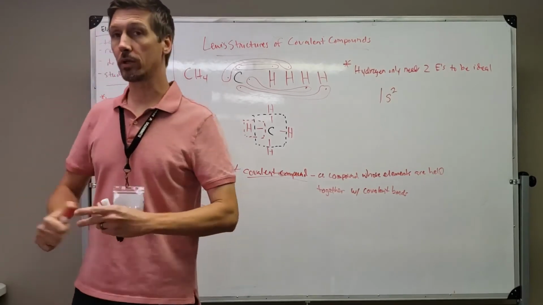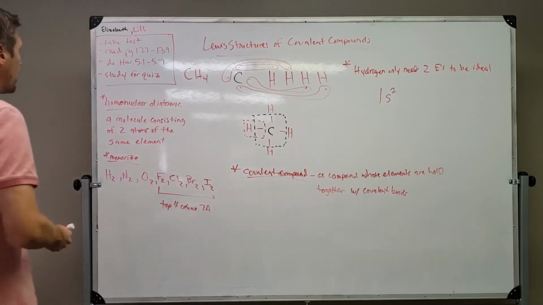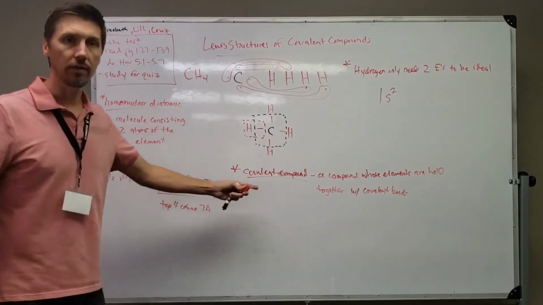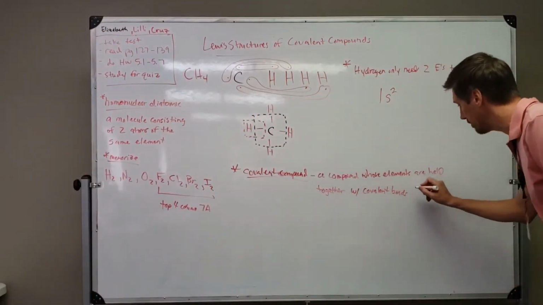on the board or on a test and I said, is that an ionic or a covalent compound? You would simply go to your periodic table and look at the color of C and the color of H. Both of those are blue, which means they're nonmetals. There are no metals in this compound, and if there are no metals in the compound, then the compound is covalent. All right? So a compound whose elements are held together with covalent bonds